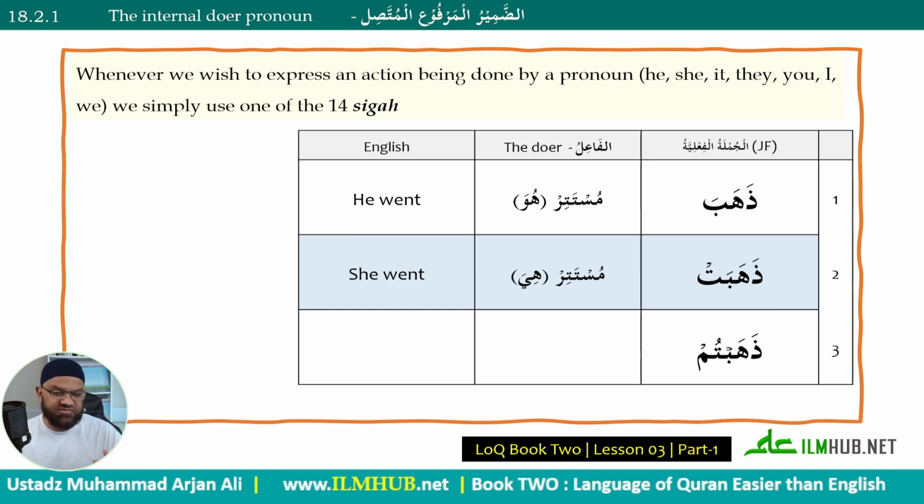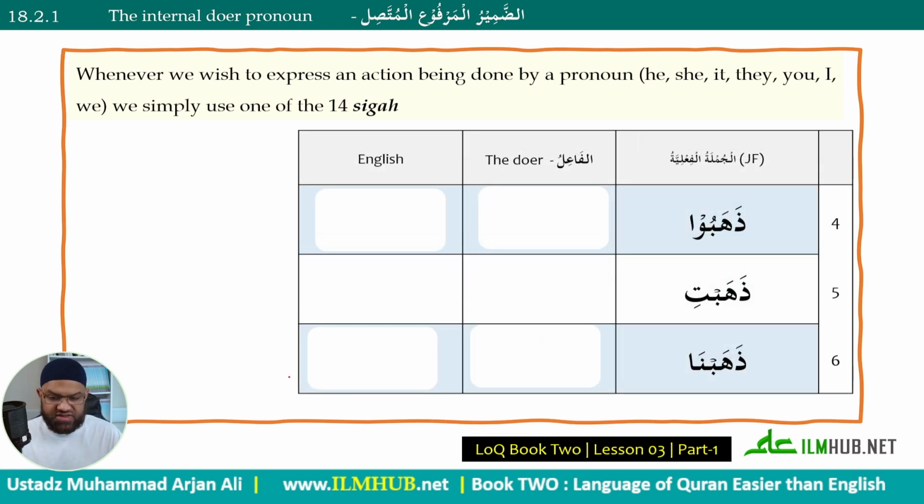And if I see something like dhahabtum, you should be able to translate this yourself now. Who's the doer? Tum, meaning you all. So in English, I have to say you, and if I want to be precise, masculine plural, because in English there is 1 you, representing 6 Arabic words. So you can see here that we have 3 sentences where we're expressing the doer only with the pronoun.